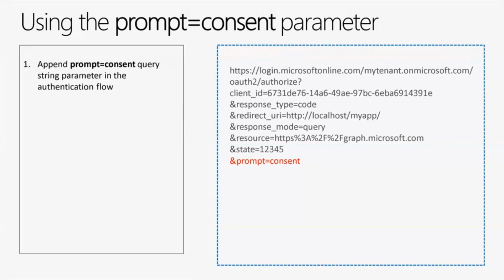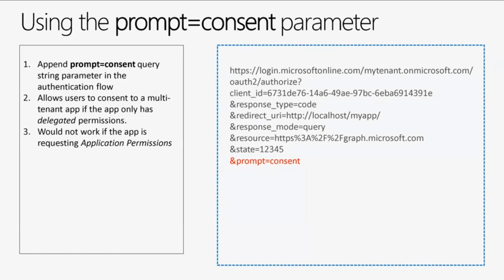This is great because you can use normal users of a tenant. When the first user from an AAD tenant signs into your app and you have this parameter appended to the authentication request, it will end up creating a service principal of your app in that tenant. This is very popular because, let's say you have just provided a web page and anybody can come and sign into your app. You append this parameter, and this allows you to create a service principal of your app in their tenant.